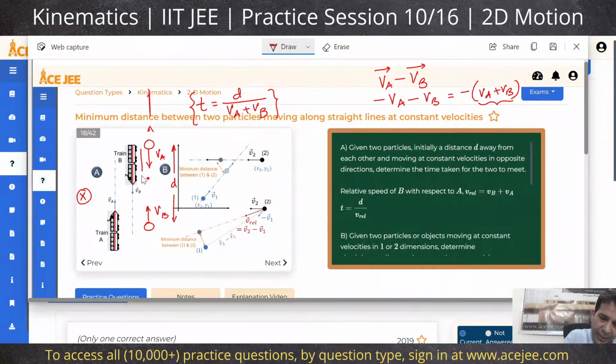Let's say A travels distance S before it hits B. And so B would cover a distance of D minus S, right? Now, the observer will note that the event has happened in how much time? Well, you will say the event has happened in time S by VA, which should be equal to,